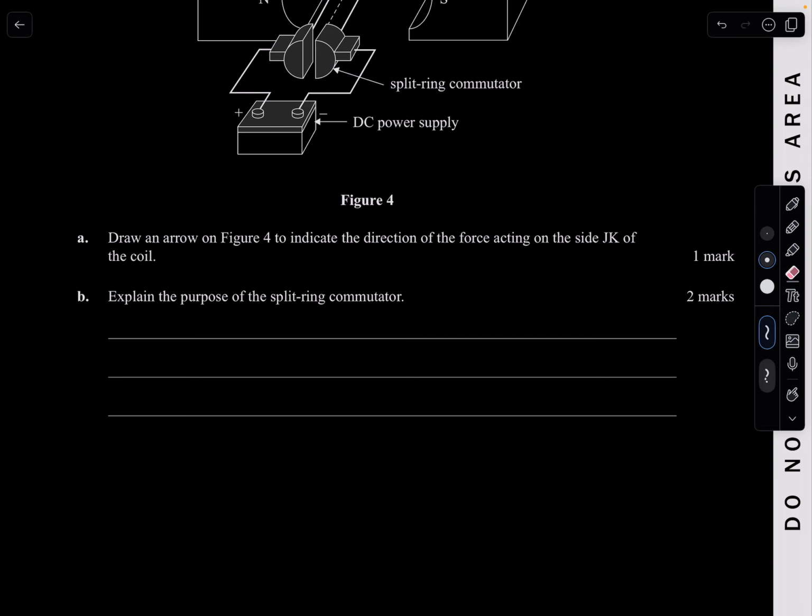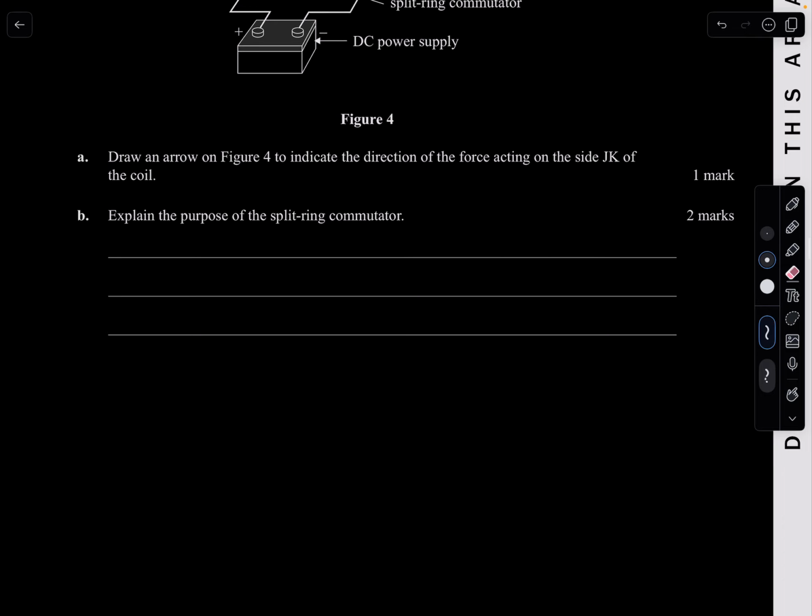And yeah, all we have to do is, again, say the split ring commutator reverses the direction of the current every half turn in order to keep the coil rotating in the same direction continuously to get those 2 marks. Nice and very precise definition. So make sure you have this in your summary sheet. It's very easy. So the split ring commutator